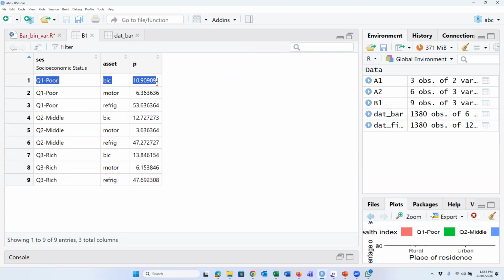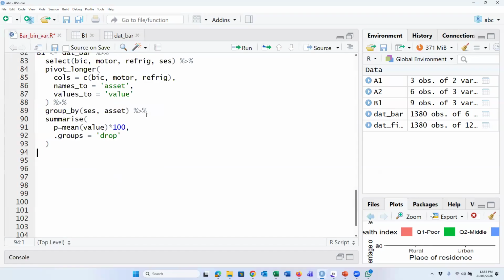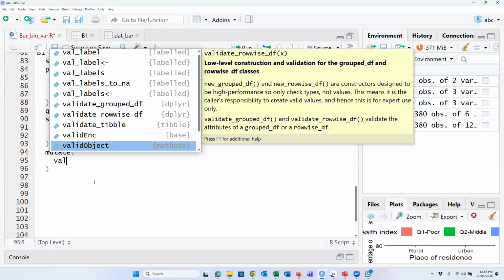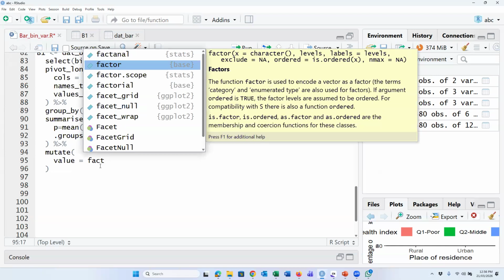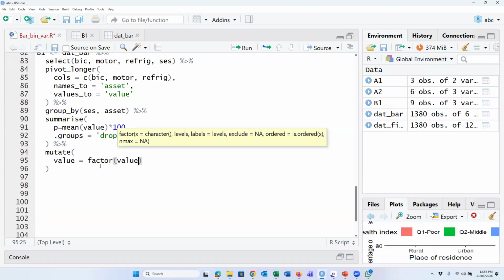Now we will use this summary table for our graph, but we have to modify this. Bike means, motor means, refrigerator means, that's it. How to change? Mutate. Here, value, factor is equal to value.